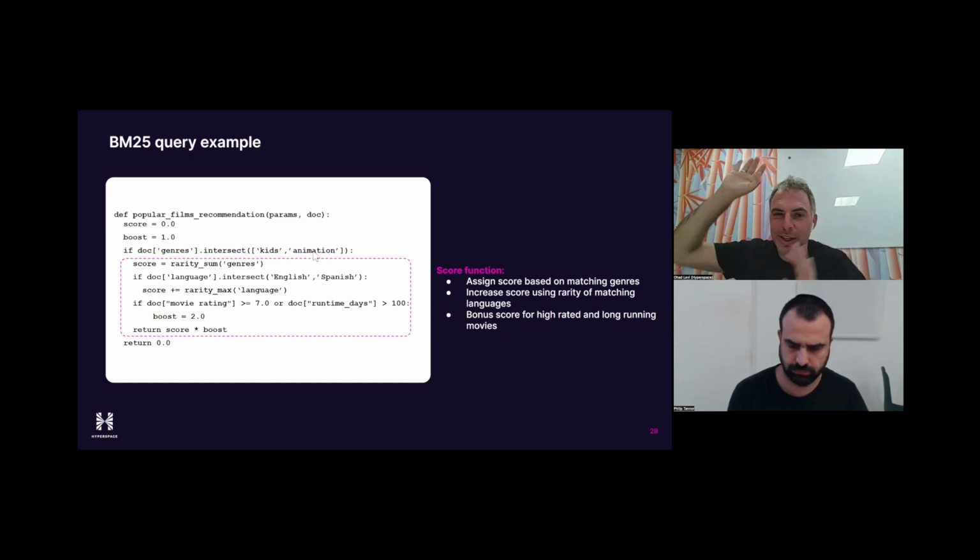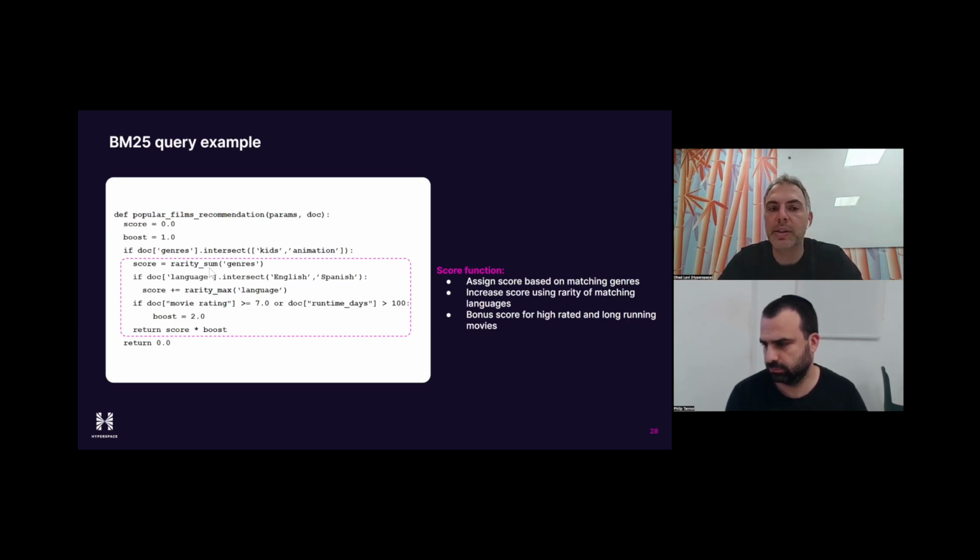So everything that I did in the Kung Fu Panda example in the beginning is still here. Then I'm going to do a rarity sum for the genres. So I have kids and animation, and in this way, I'm going to sum the rarity that I got for both. And obviously, kids and animation are not widely spread